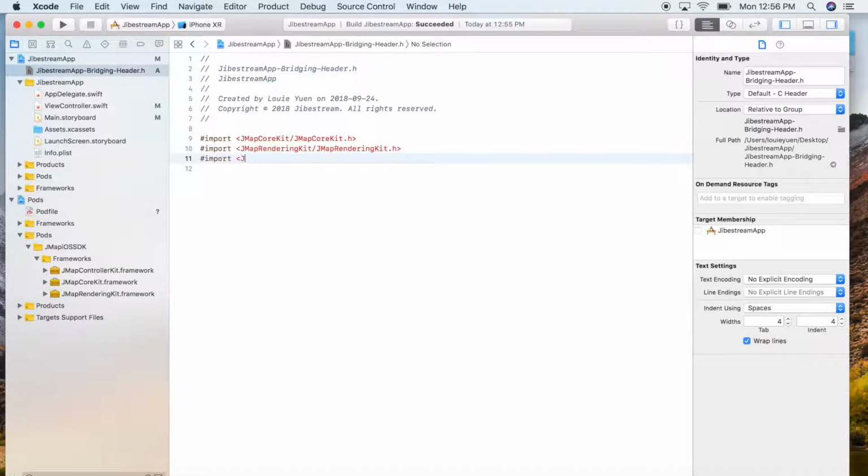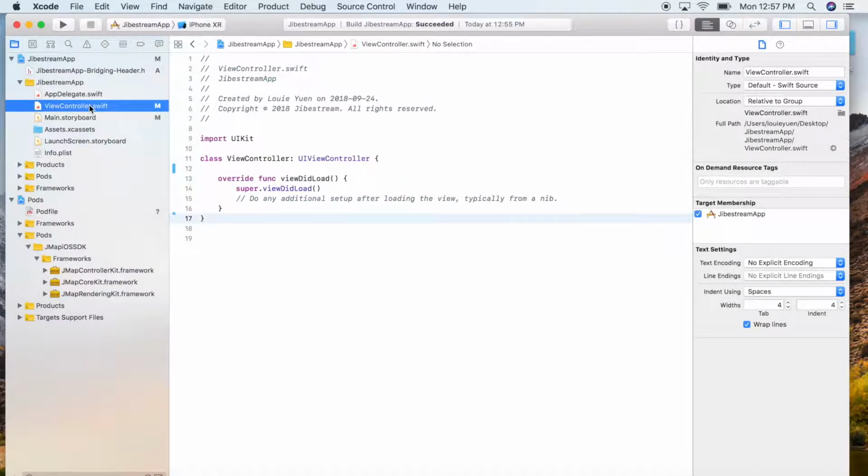And also you would want to import the controller kit, controller kit.h. And lastly, you would want to import the JMap, which is inside the controller kit. So now you have all those imported,